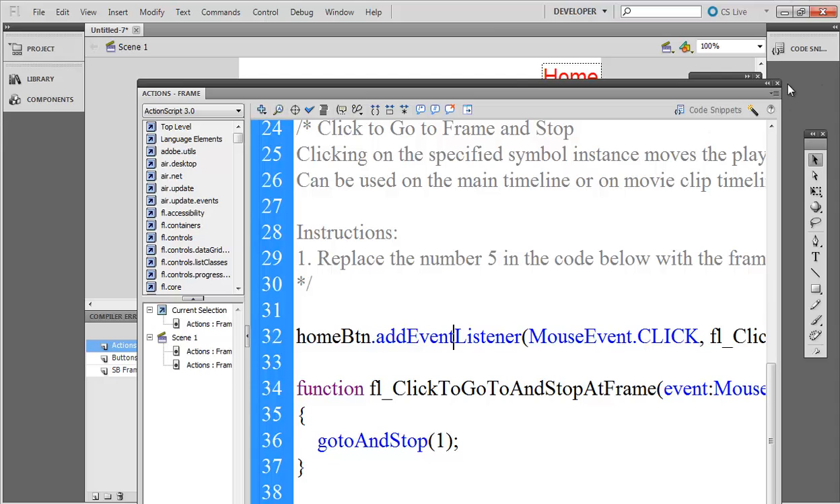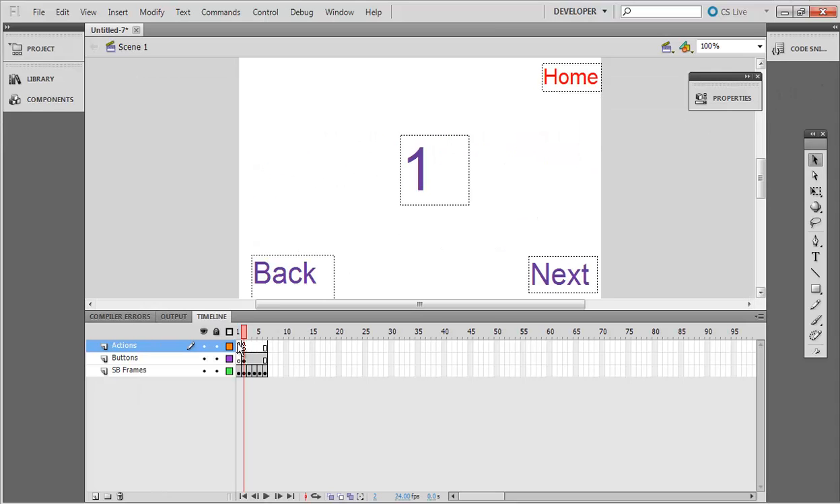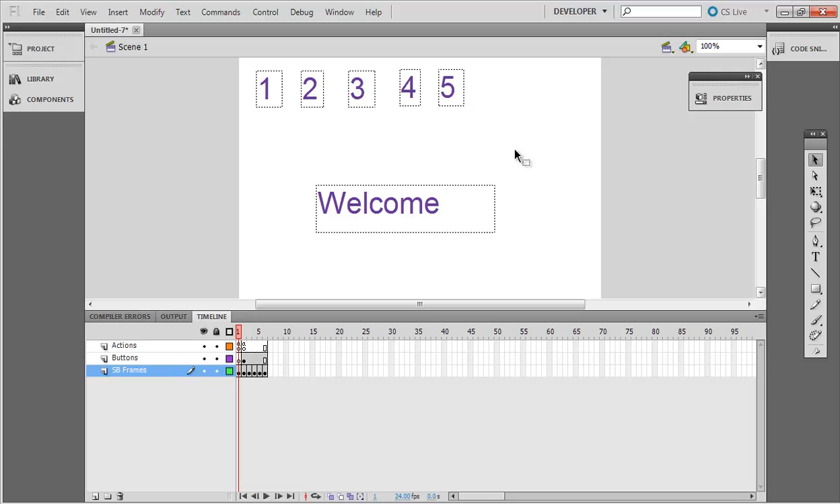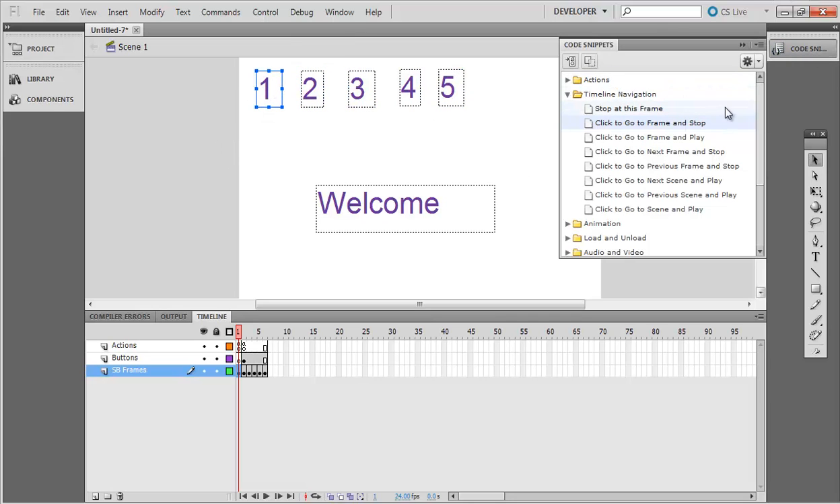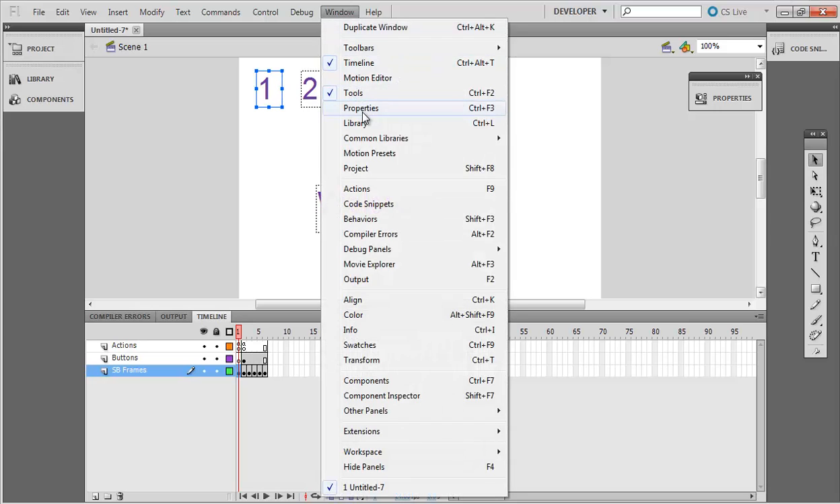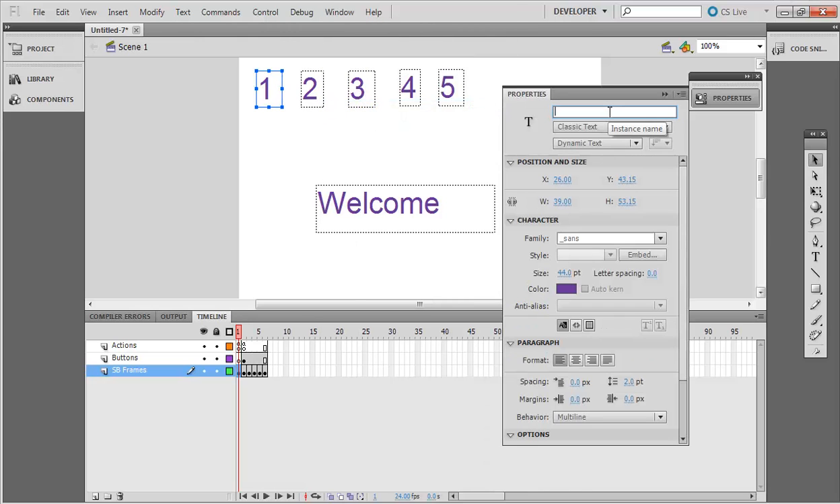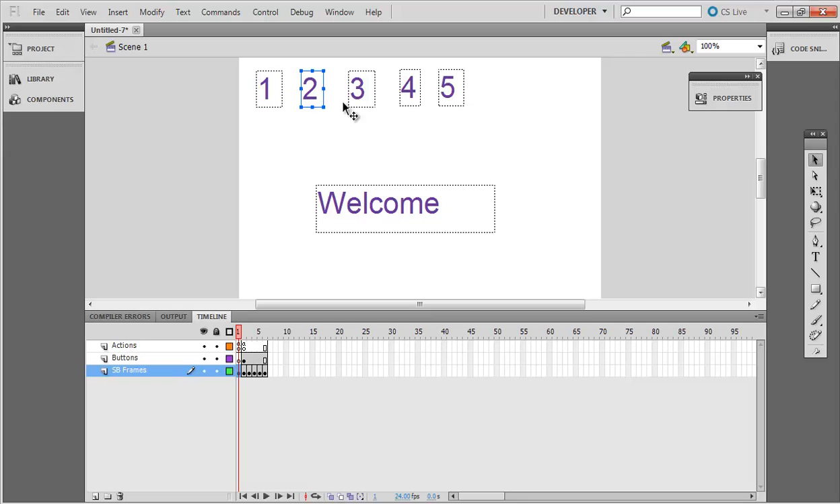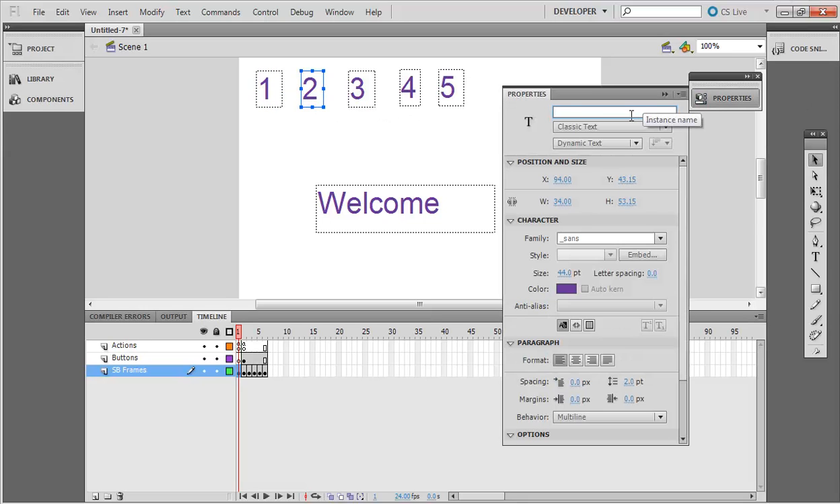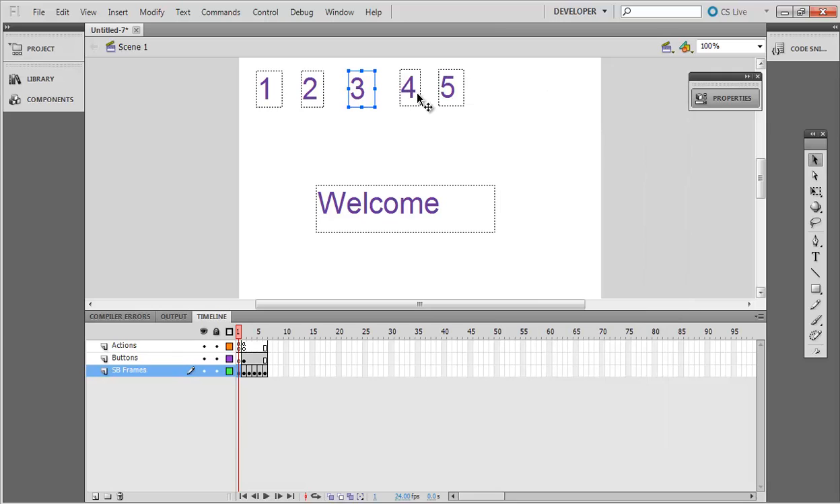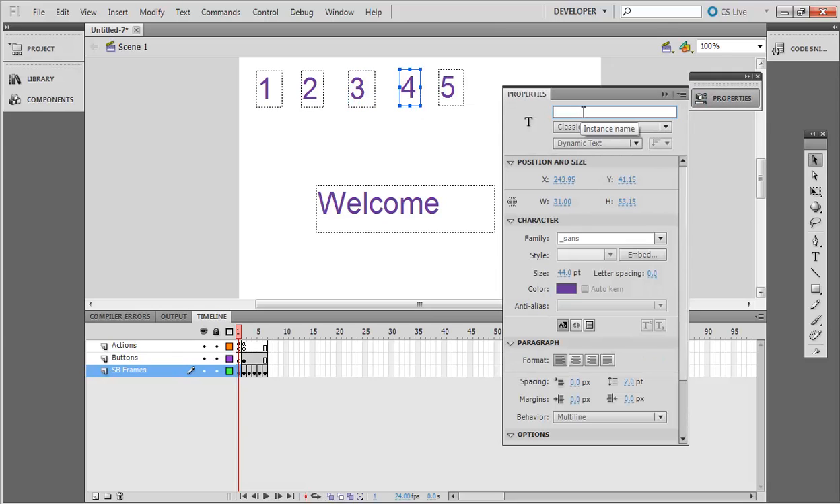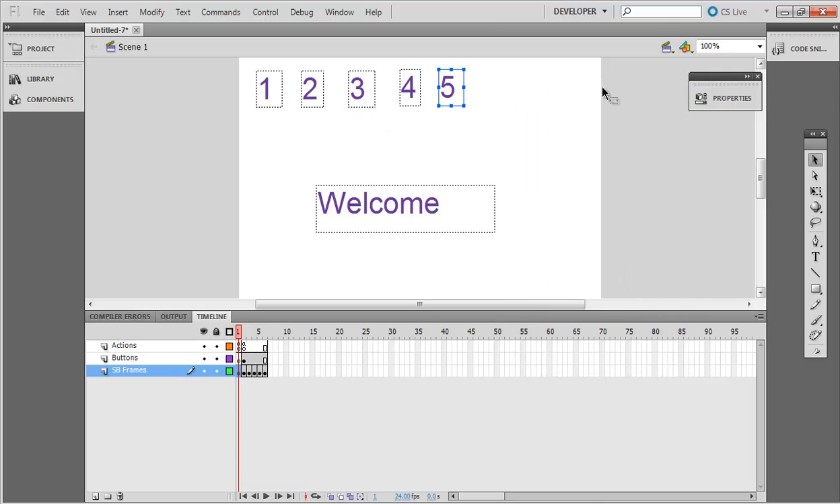Okay, now let's give these thumbnails separate names so that we can also reference them in the code. This is, let's say, nav1, meaning navigation button 1. This is nav2. Nav3, nav4,